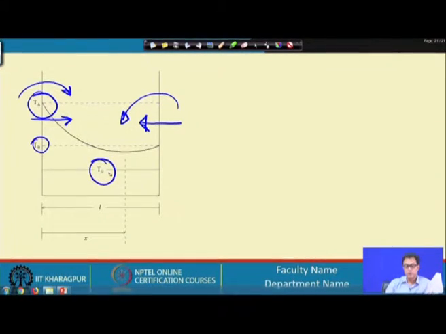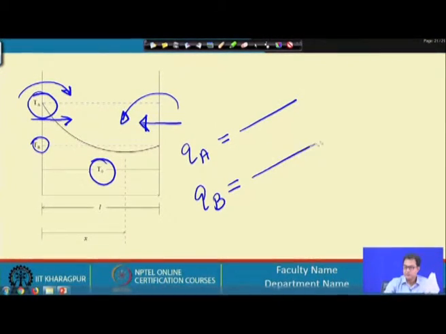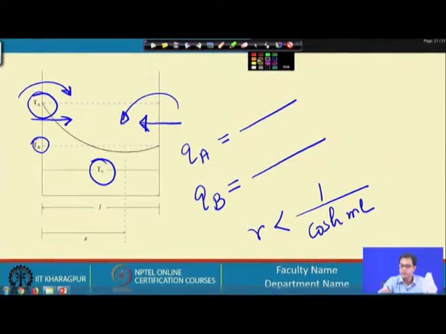Now, if we look into the QA and QB expressions, and look into a situation where r is less than cosh ml, under this condition you will find that